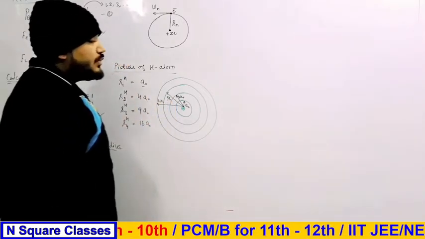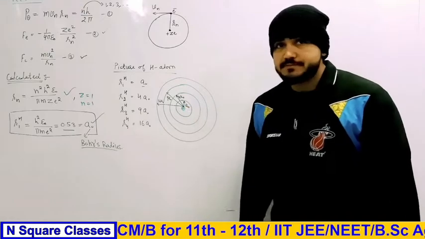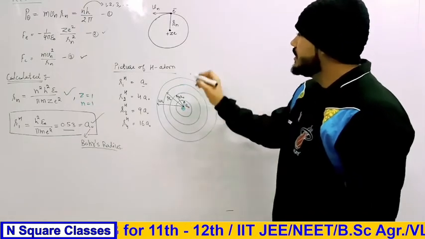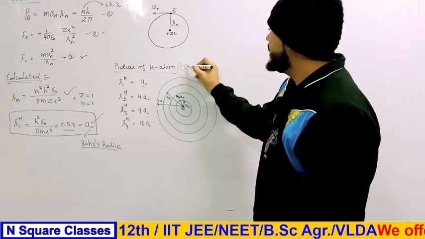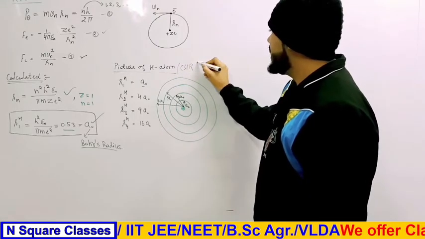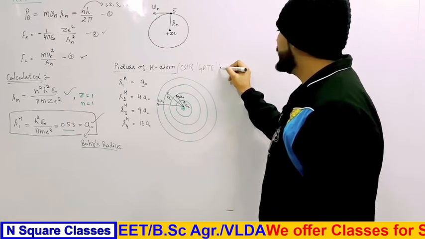Now we can calculate the respective distances between the different orbits. This is very important for competition purposes, for CSIR, for GATE, and also for IIT